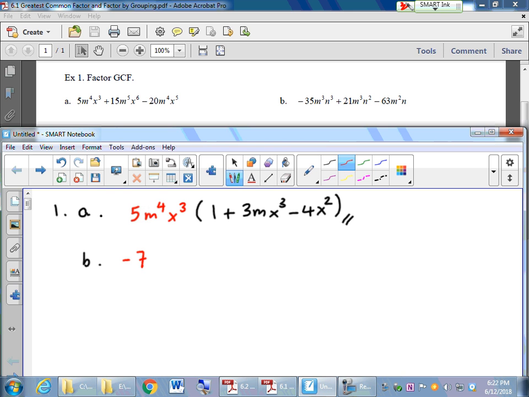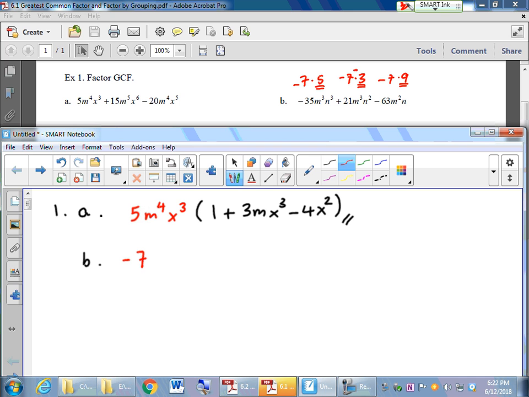Now you can always check whether that's true by writing it down. Negative 7 times 5, and then negative 7 times 3, and negative 7 times 9. And you will notice that 5, 3, and 9 have no common factor. So therefore, I can conclude that negative 7 is the greatest common factor for the numerical part. Continuing this,